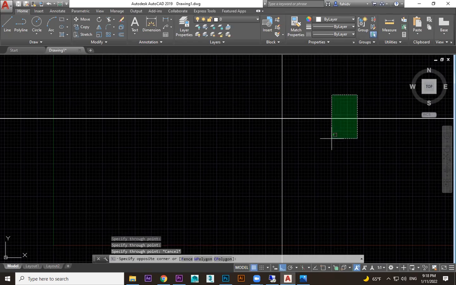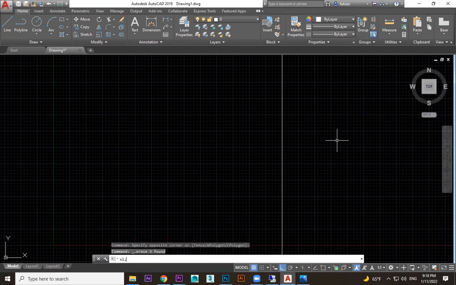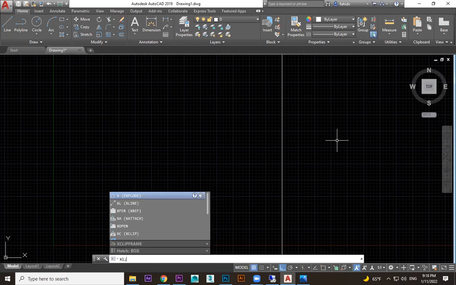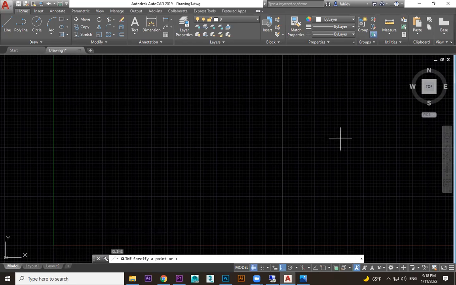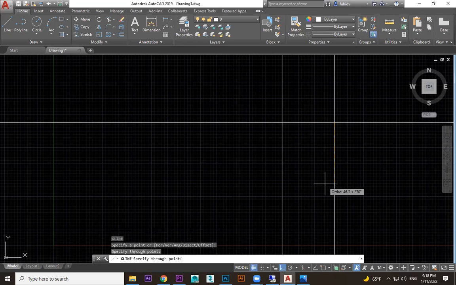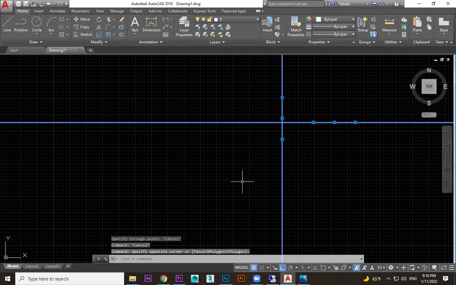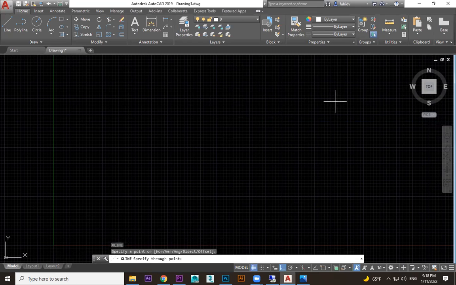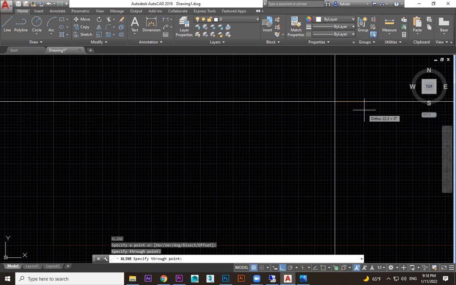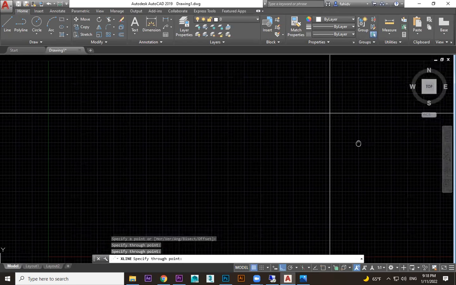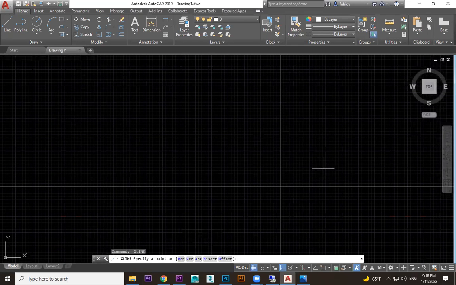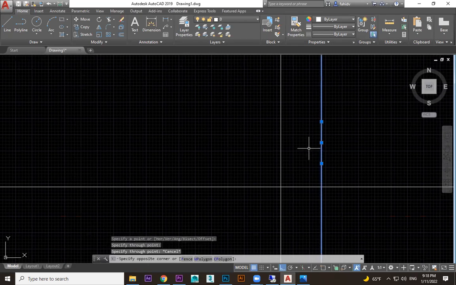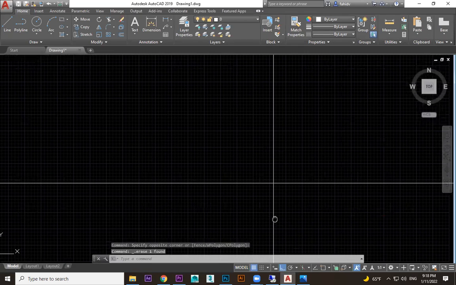See, one, if you finish it, if you want to do it again, you can press spacebar. You know, spacebar is the last command. Or type XLINE again, then you do horizontal and vertical also. Okay, one more time I'll show you. XLINE, enter. One I have done. If you want, you can do vertical also at a time. But if it is missing, you need to press space again, then you can continue. Or you type XLINE again. So we got this reference line.